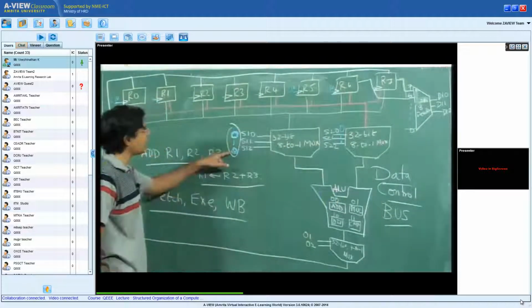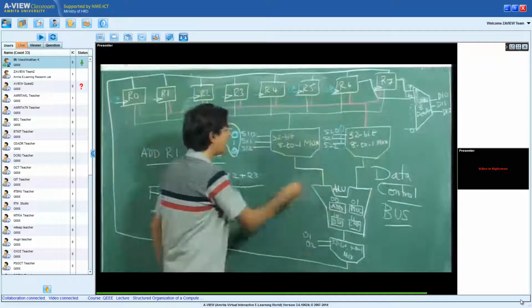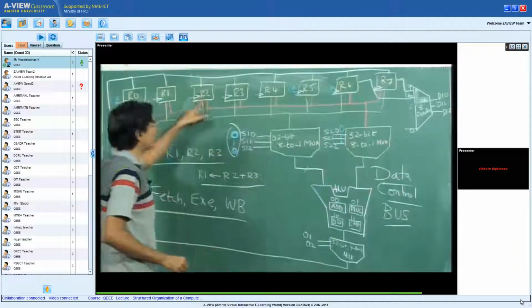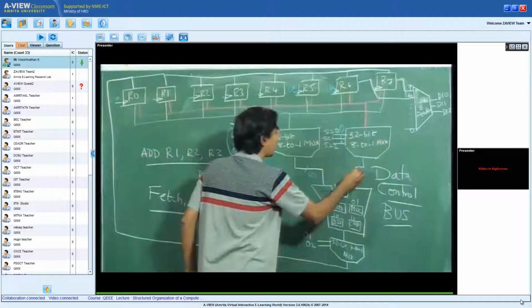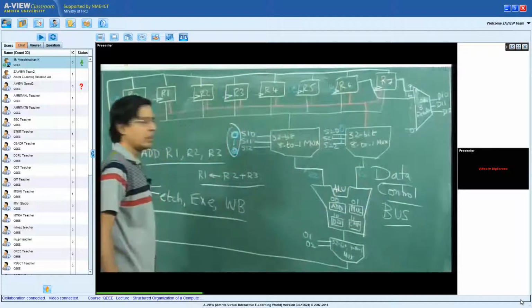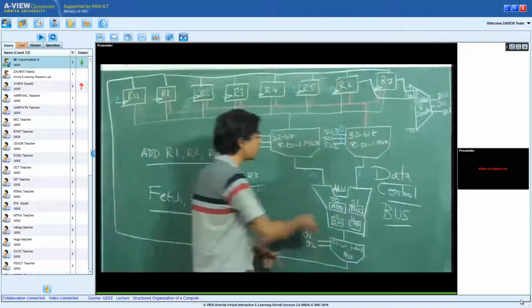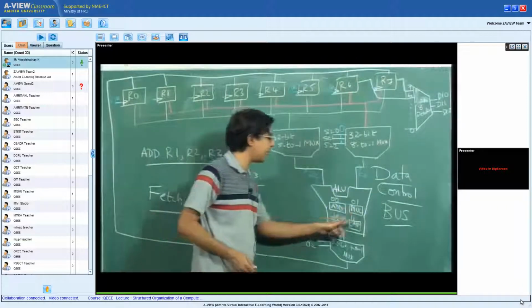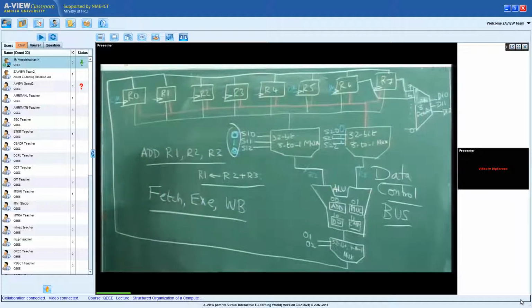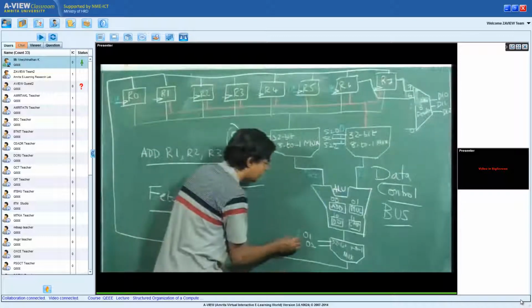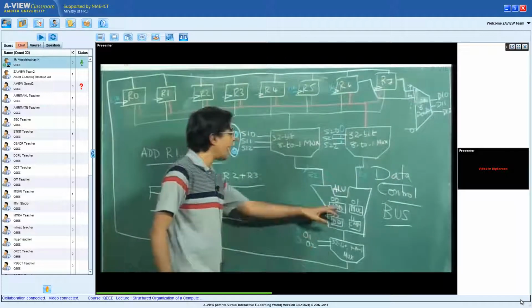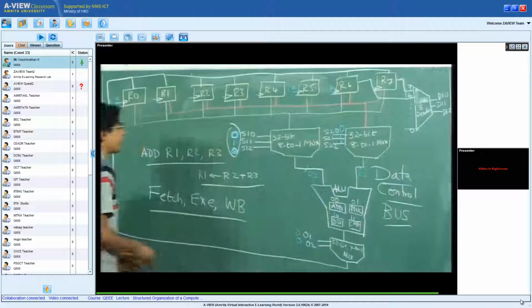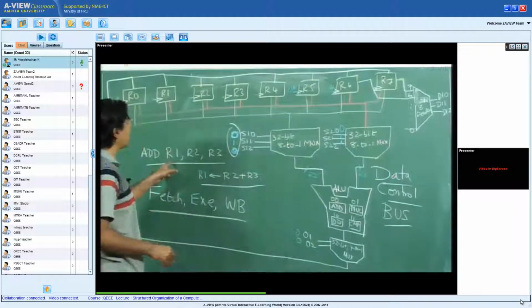The moment I make 0, 1, 0 and 0, 1, 1 here, please note that I will have the 32 bits fed by R2 here, and I will have the 32 bits fed by R3 here. And these data are fed into all the 4 units, namely add, multiply, divide and compare. And what I need as an output is only add. So I set O1 and O2 as 0, 0. When I set O1 and O2 as 0, 0, the output of the adder alone is selected, and then it needs to be stored in R1.